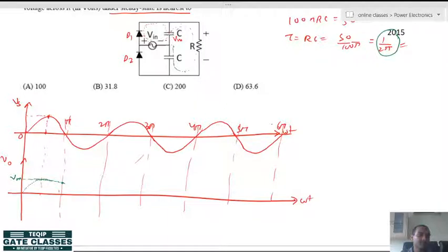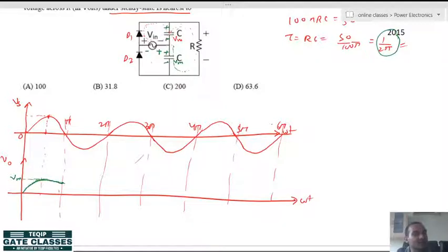Alright. Now, come to the next cycle. What will happen when here comes minus, here comes plus? This diode will become forward biased, and the capacitor polarities here are plus minus, and here the capacitor polarities become plus minus. Alright, now this capacitor will charge up to full Vm. So, after getting charged to full Vm, this diode will be off.